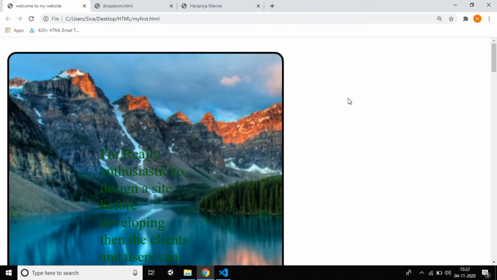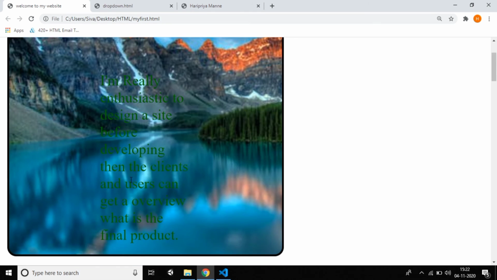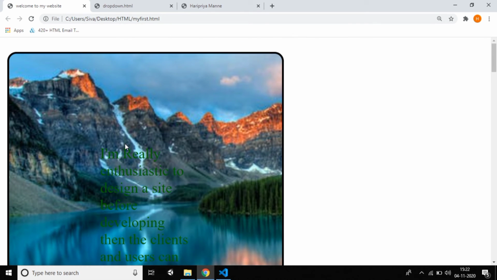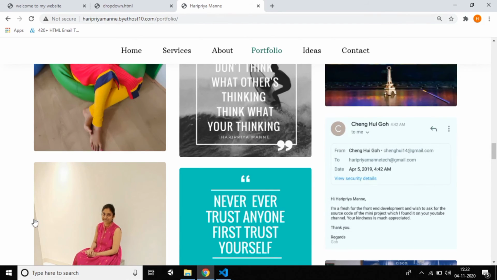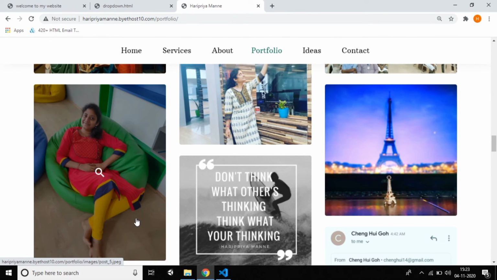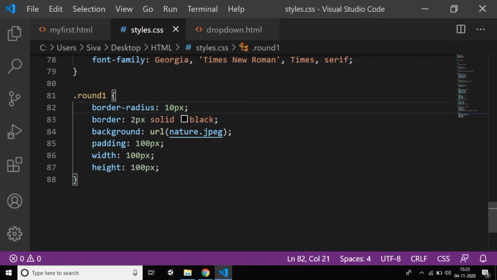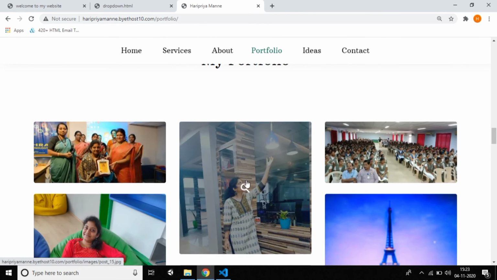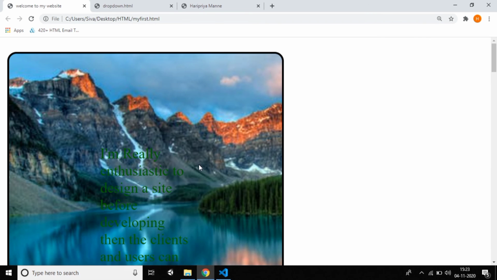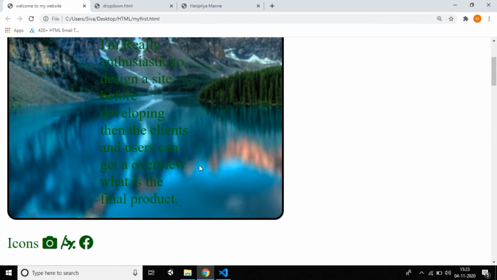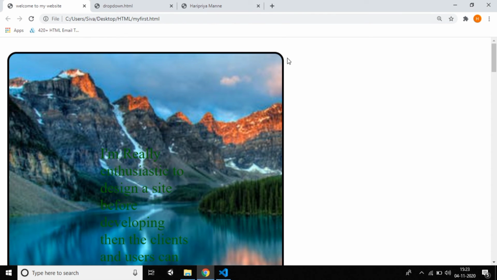So this is the way to round your borders. You can give images as well, and instead of text, you can give a number of images in the background. The best example is my website, which uses this. I took images, slightly rounded them using border radius, and gave sizes, that's it. I hope it's a clear explanation of how to round the corners. It's very important because if you round it, the design looks nice, clear and smooth.